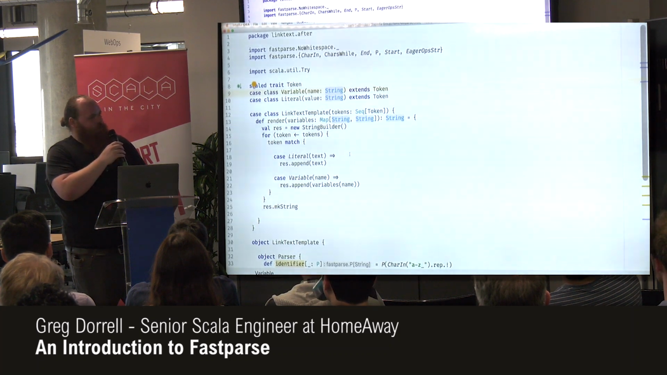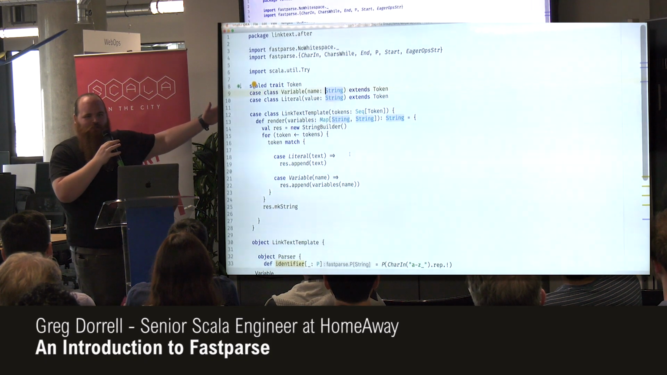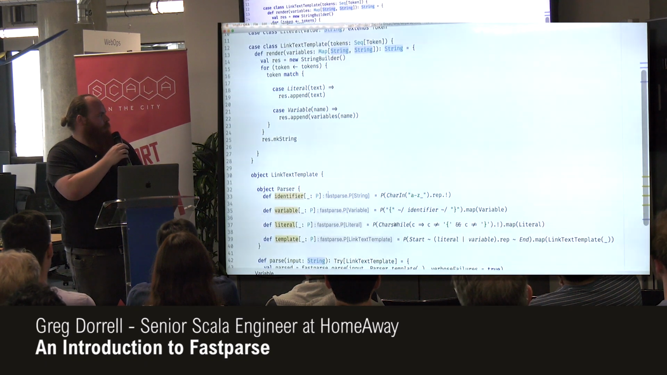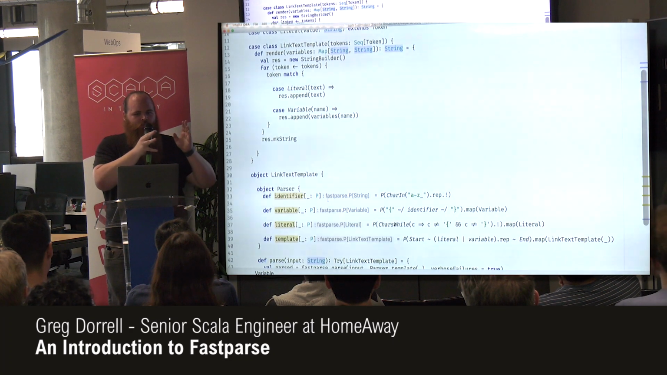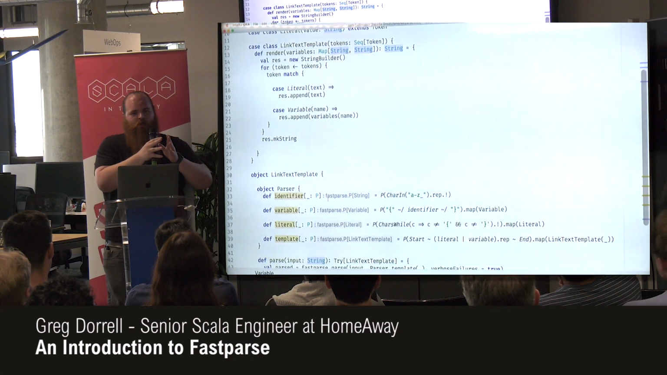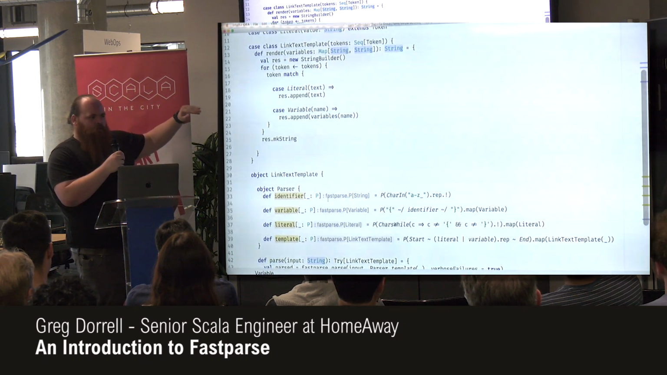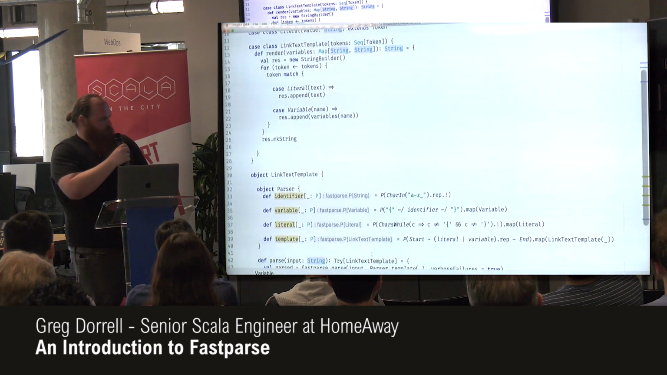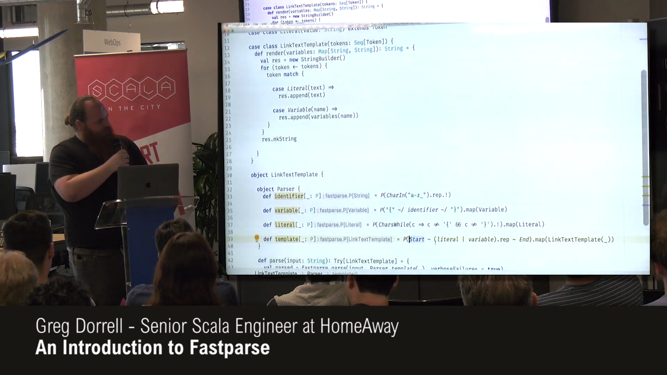But the bit where we want Fastparse to help is how do we get our string and turn it into these tokens. So this is the parser. I mentioned with recursive descent parsers, you build up small, simple parsers, and then you compose them up. So at the top, you start with the small pieces, and at the bottom you have what we've composed. Here we can see at the end we have anything that has a start,